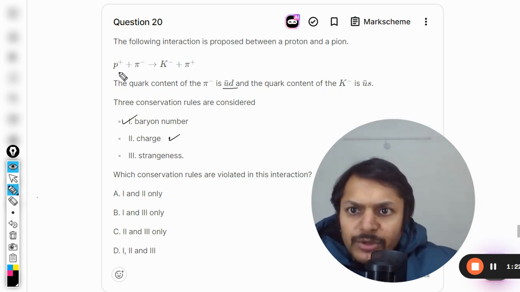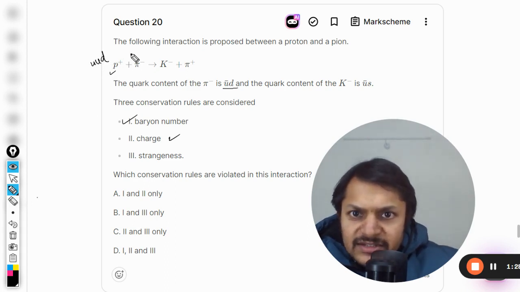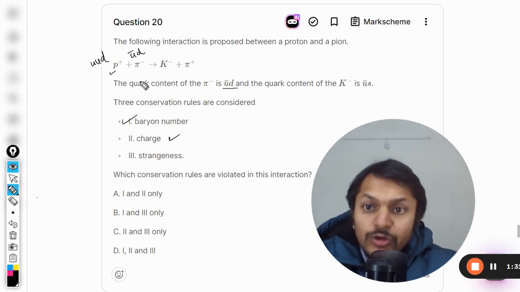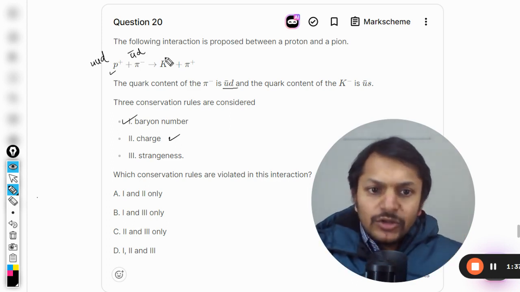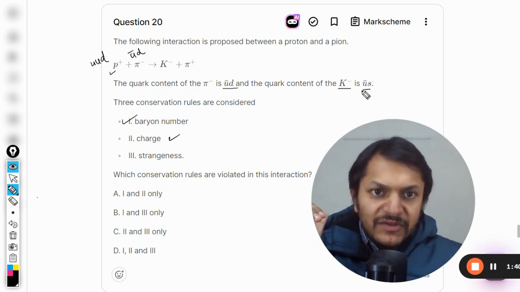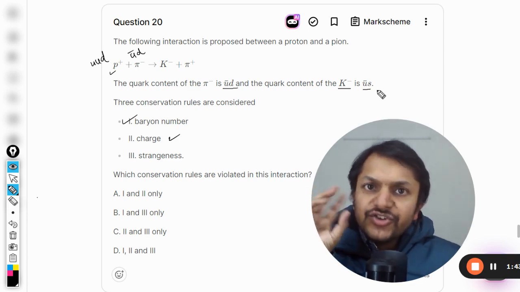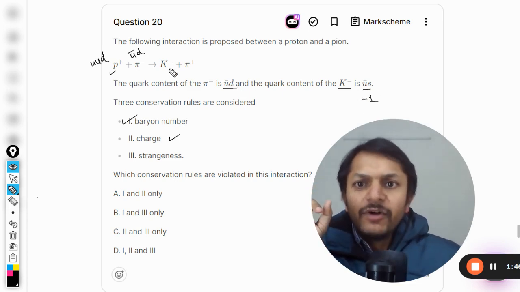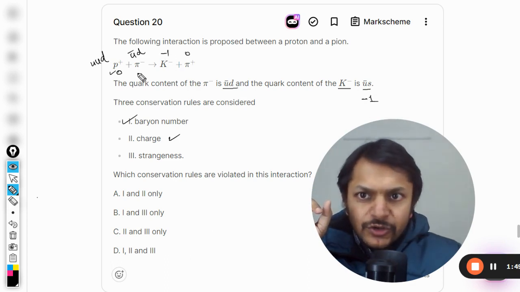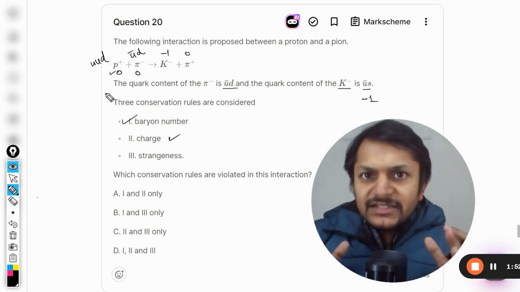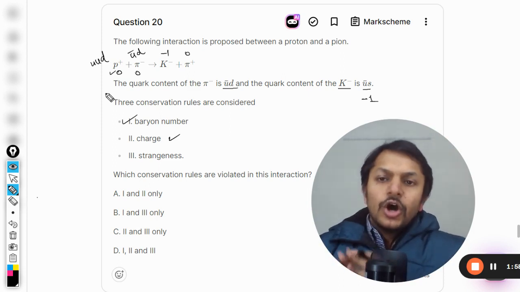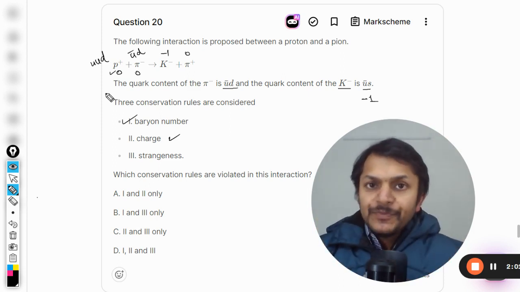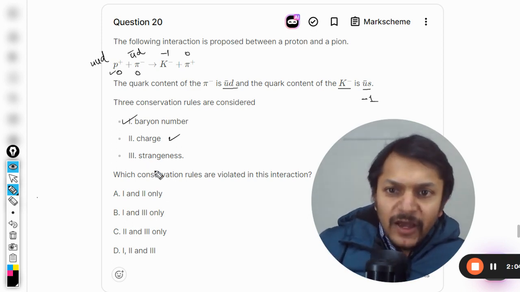So the composition here is given, like for proton, we know it is up, up, down. And for pion negative, it is anti-up and down. So there is no strange quark on the left hand side of the reaction. But on the right hand side of the reaction, there is this K minus, which is having a strange quark there. So the strangeness for the strange quark is taken to be -1. It means that here it is -1, here it is 0, 0, and 0. So strangeness is definitely not equal. On the left hand side of the reaction, it is 0. On the right hand side of the reaction, it is -1. And so definitely even the strangeness is violated here.